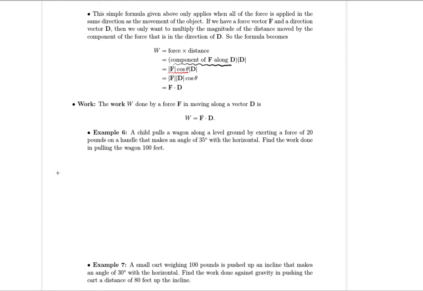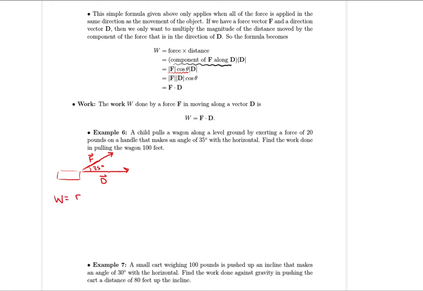Right, so we've got our wagon here, but the handle is coming up like this, making a 35-degree angle. So what we have is the child's force is here, but the direction vector here is in this direction. Okay, so not all of the child's force is going toward pulling the wagon forward. So what we can do is we can say, okay,